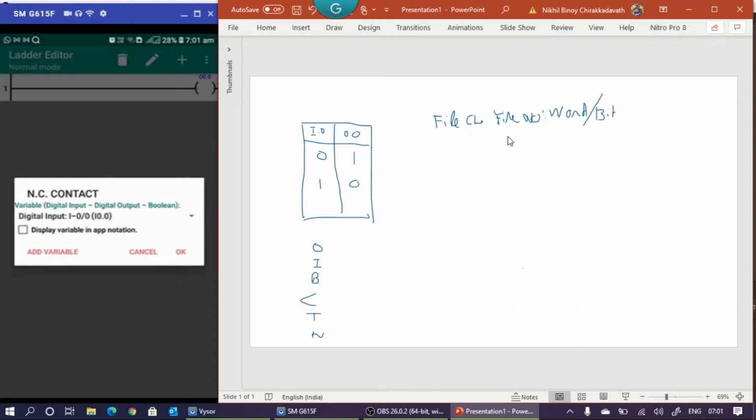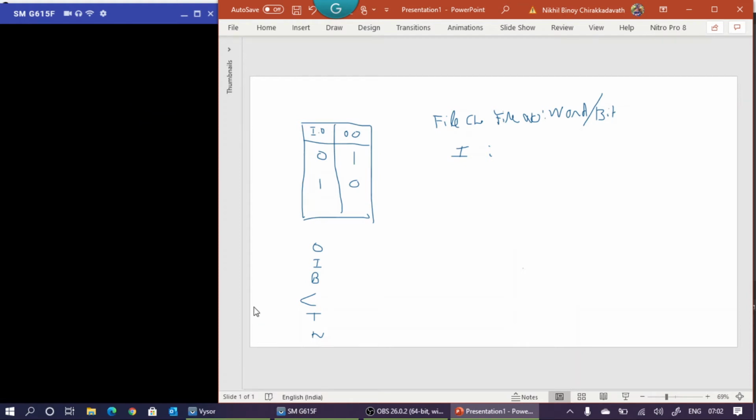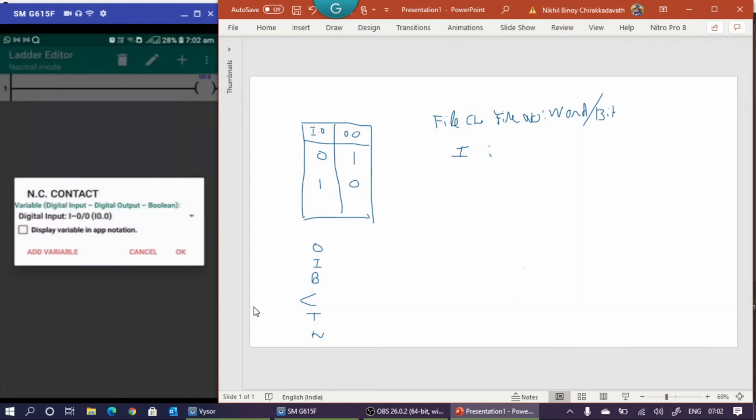So if you are using input, first one input you have to use. If it is input and output, there is no need to write file number. Otherwise, you have to type the file number also. So directly you can write colon. Here instead of colon, a dash is used. So here in this, dash is the word descriptor. So use dash instead of colon for this one.